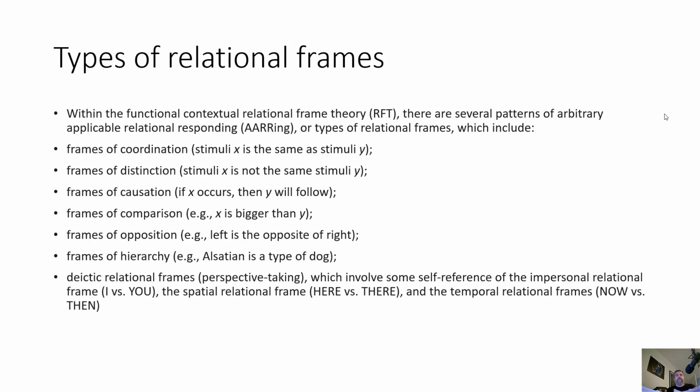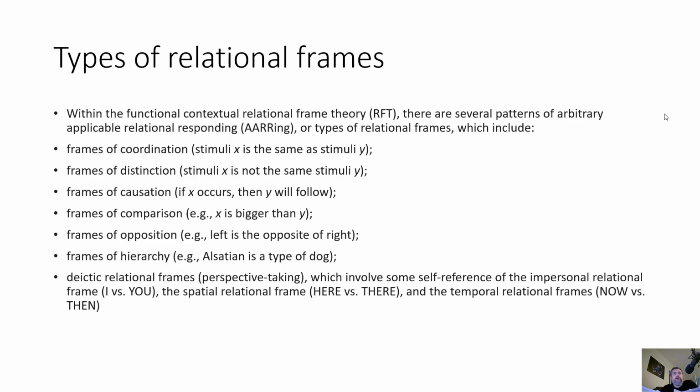So for those who don't know this, I'm just going to say these out because I want this to be a talk that's applicable not just to a CBS audience, but also to a cognitive audience and so forth. Within functional contextual relational frame theory, there are several patterns of arbitrary applicable relational responding. I'm going to be calling this RFT from now on, or types of relations, which include